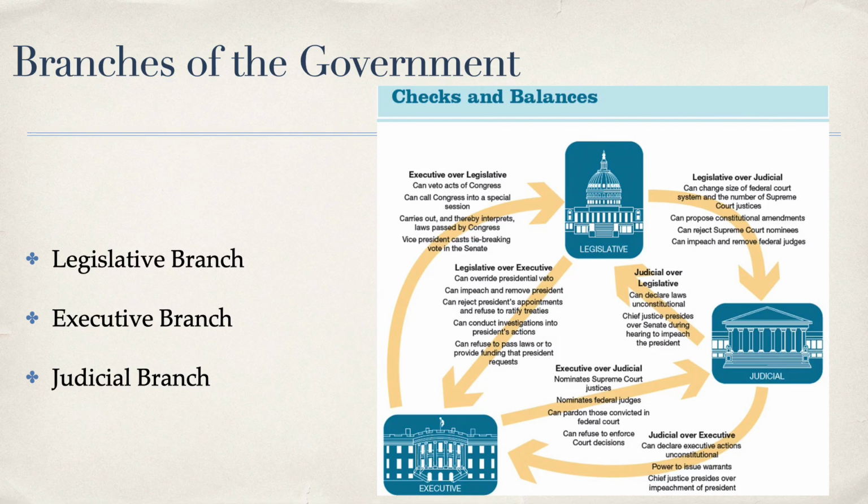All right, let's look briefly at our different branches of government. First, we have the legislature. As we already said, it's made of two chambers, the House of Representatives and the Senate. The House of Representatives, their term is for 2 years, and they are elected directly by the people. They also had the sole power to originate revenue bills, and they were designed to be directly responsible to the people. That's why they get elected every 2 years.